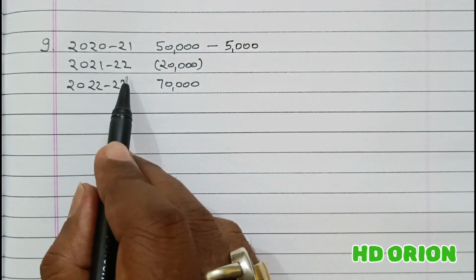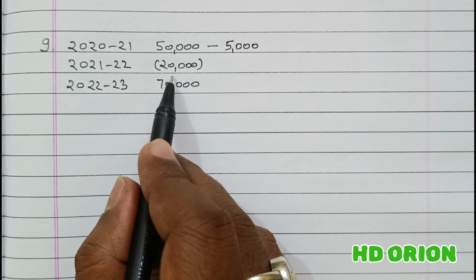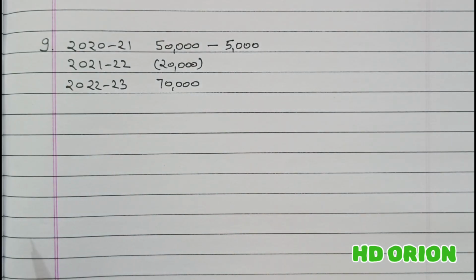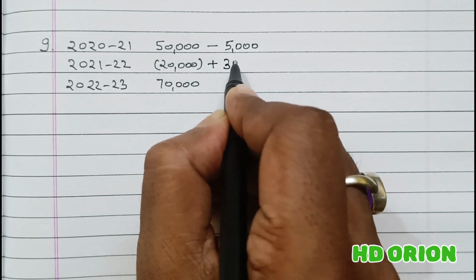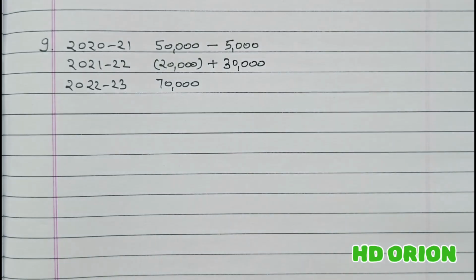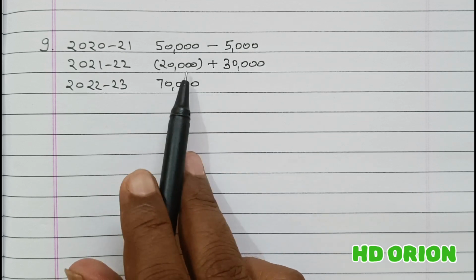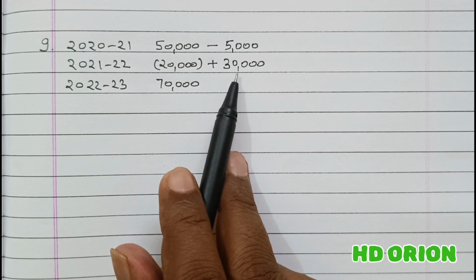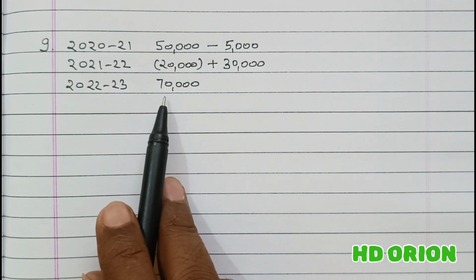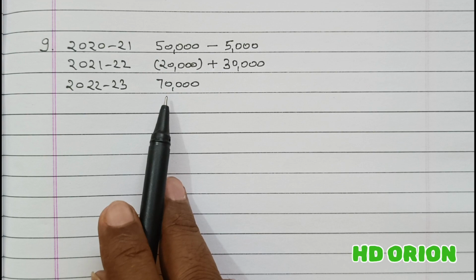And in the second year, there is a loss of 20,000. It has happened after charging loss by fire rupees 30,000. This loss by fire is also an abnormal loss, so we will add it back. To eliminate a loss or expense, we have to increase the profit. So we are increasing the profit. Here in this case there is a loss, so we have to add it. Fine. In the third year there is a profit of 70,000